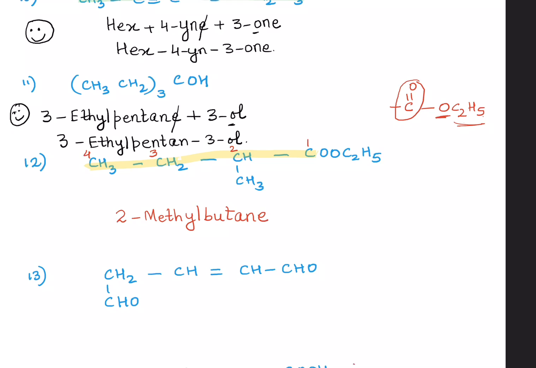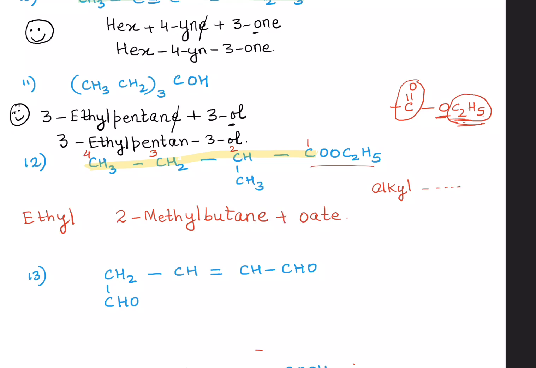Butane. Now, what kind of functional group is this? Ester. Remember how we said we are going to name the esters? We call them alkyl oate, right? So, the alkyl group which is attached to the C double bond O O group. Now, this has to be written before we start writing the name. So, here comes ethyl. Then we have 2-methyl butane and there is the oate.